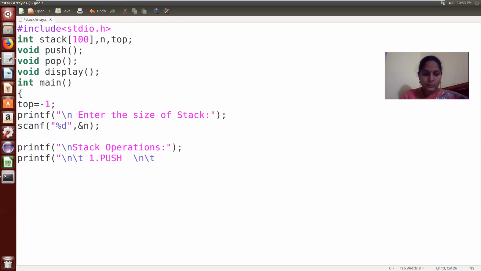To display the second operation on the next line with a tab space, I'm writing \n and \t, then the display operation. If the user wants to perform the push operation, he has to select 1. If the user wants to perform the pop operation, he has to select 2. If he wants to print, he has to select 3. 4 is for exit.